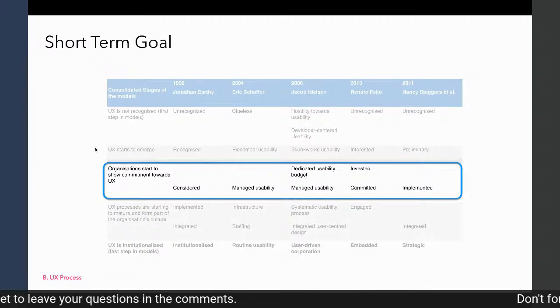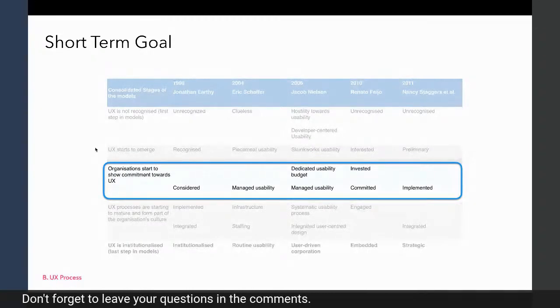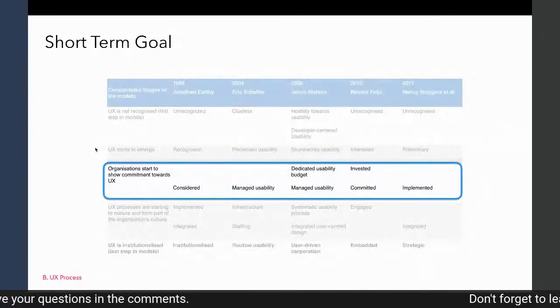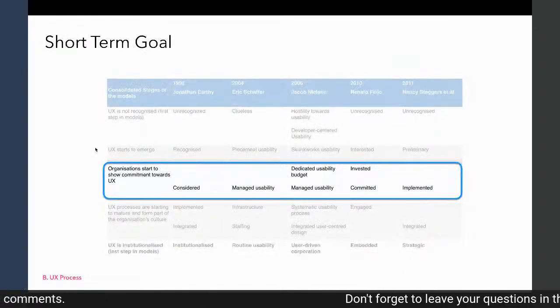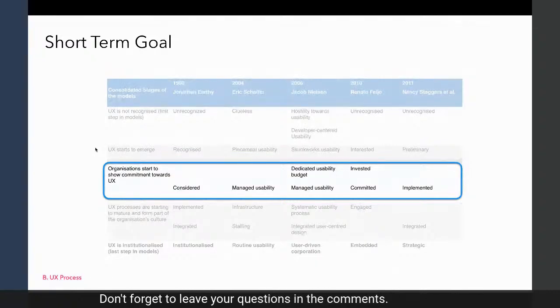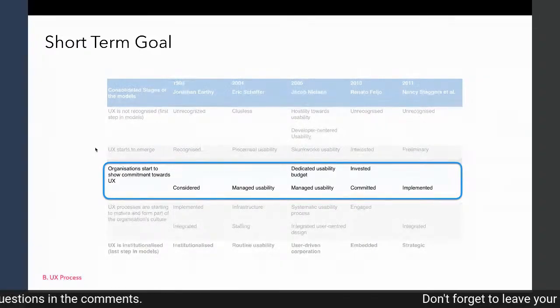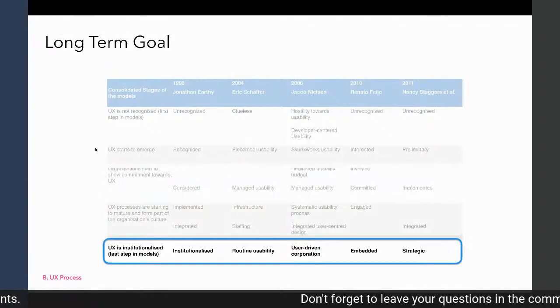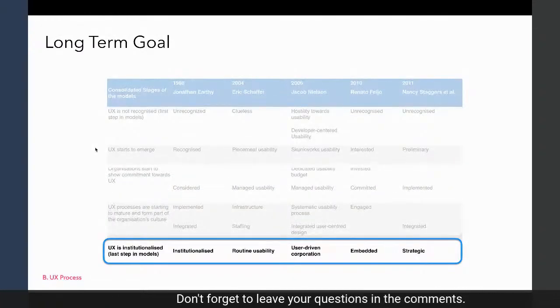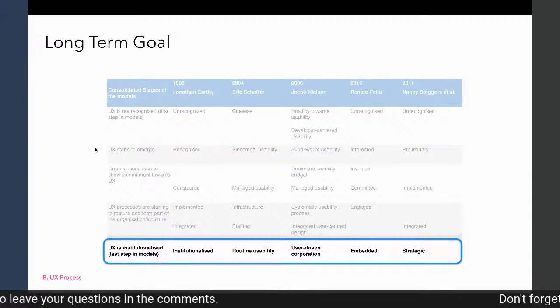Especially if you've already improved some items, you can present it to the CEO or the managers: hey, we've improved this in 2 weeks or 2 months and this is the result, so why not do it more often or embed it in our process. So the long-term goal is for UX to be embedded in the organization.